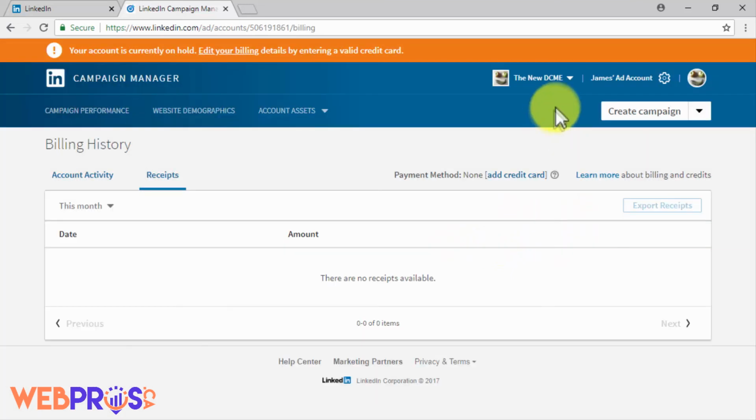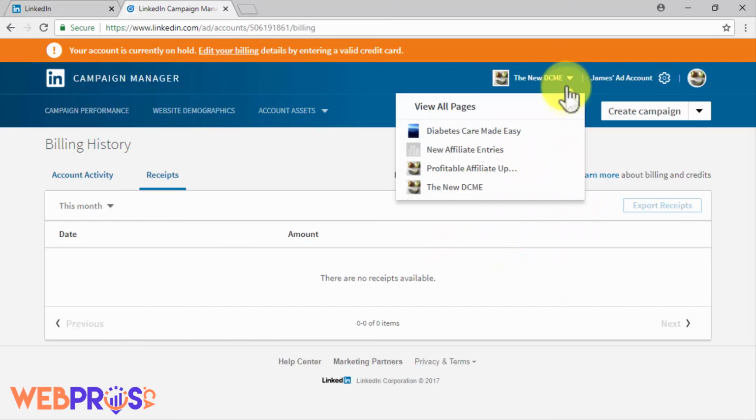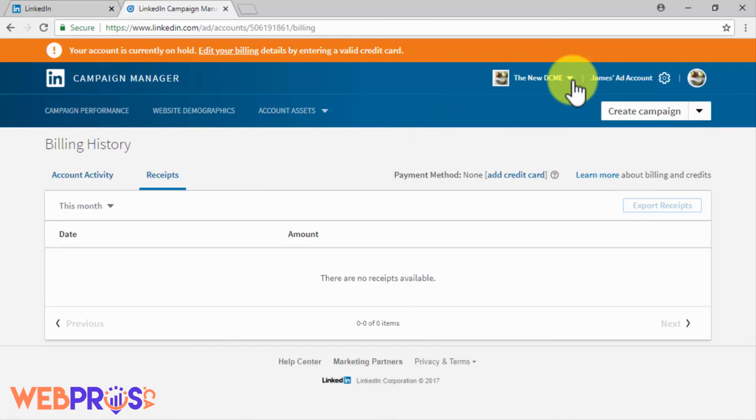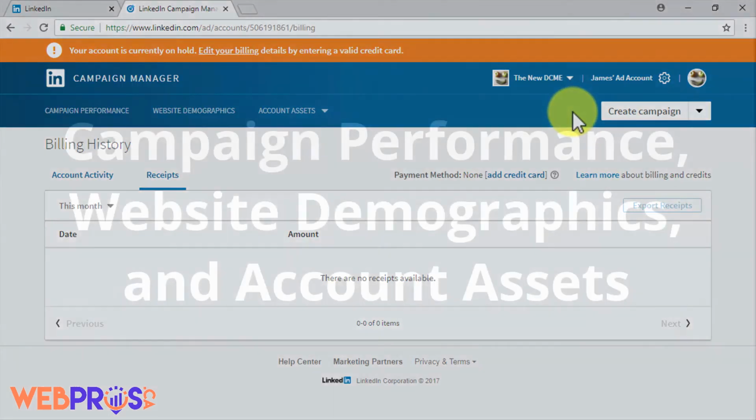Right beside the Settings menu is a shortcut to the Accounts page, from where you will be able to switch from one ad account to another with a few clicks. We're not going to switch accounts now, so we will simply have to click again on our selected ad account to go back to where we left.